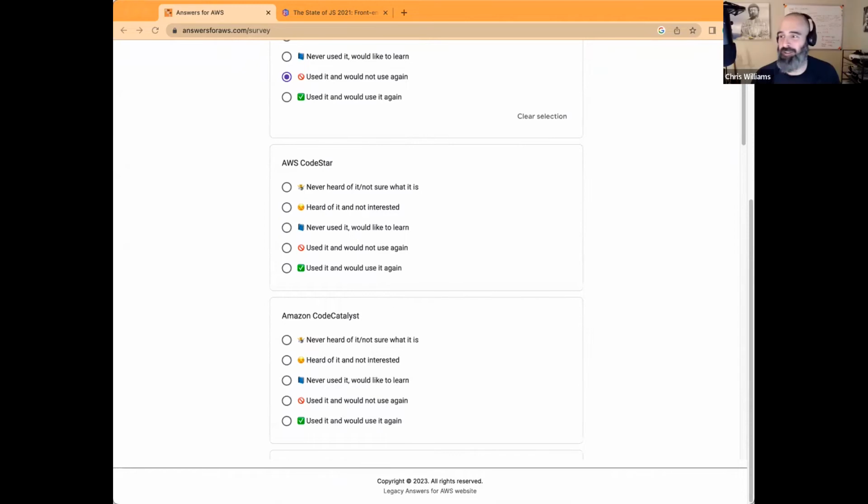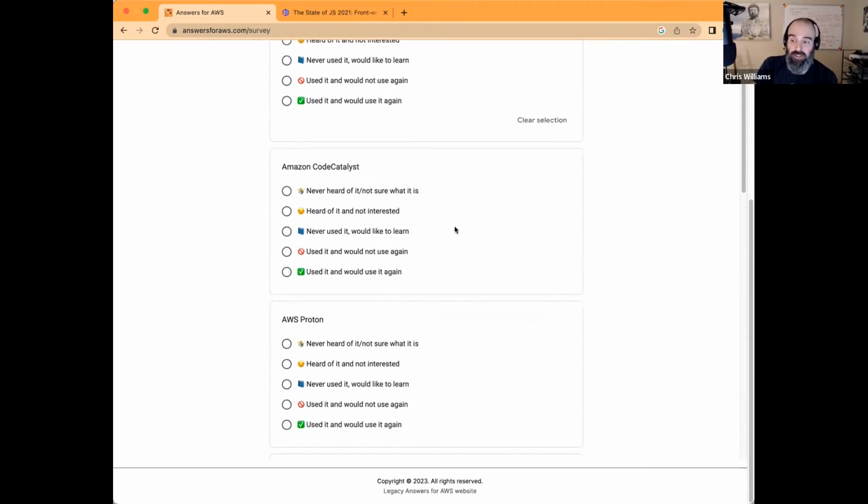What kind of half-ass AWS Heroes are we? We stink. We need to get de-heroed. Well, they all say the same thing: quickly develop, build, and deploy applications on AWS. I don't know what that means. Isn't that what the rest of these do as well? Yeah. And CodeCatalyst. So that's why I thought this was a blanket term for the Code things. Oh my gosh. So to answer this question, honestly, I have to say never heard of it, and I'm not sure what it is. I don't even know enough about it to know if I'm interested in it or not.